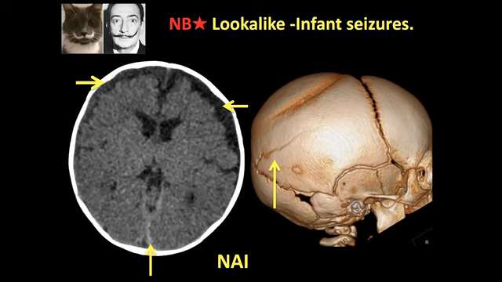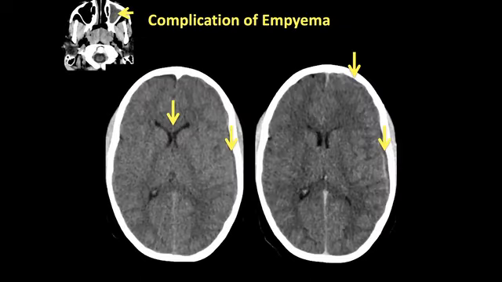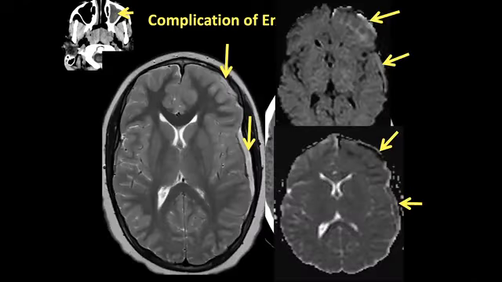Okay, so what about complications of empyema, and how do we identify them on CT and MR? Well, the infection or the bacteria gets lodged in the meninges and it spreads via the cortical vessels into the perivascular space. So here we can see the enhancing empyema, we can see that little bit of midline shift. But it's only on MR that we start to see what's happening in the underlying brain. Very difficult to see on T2 in this case, but on the DWI and the ADC, you can see evidence of cytotoxic edema in that left frontal lobe.